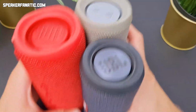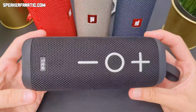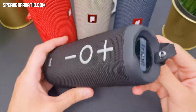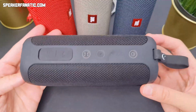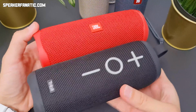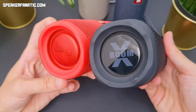Okay, and let's continue with the speaker which is from a different brand, but still quite similar. This is from Tribit, and this is the Tribit XBoom. I think now it got a different name, maybe Storm or X-Storm or something like that. But as you can see, in terms of size and in terms of design, it resembles pretty much the JBL Flip